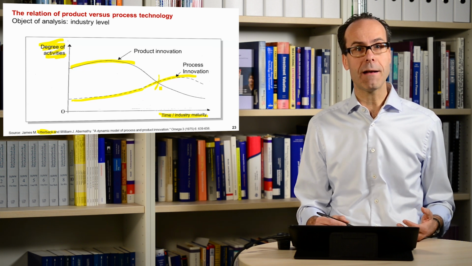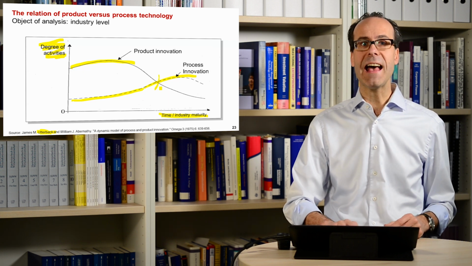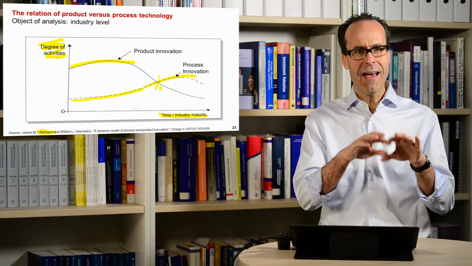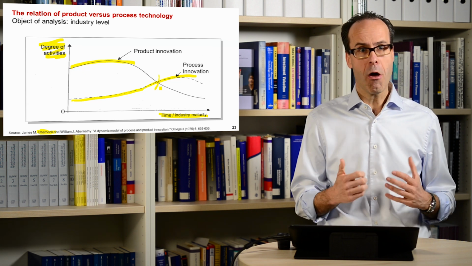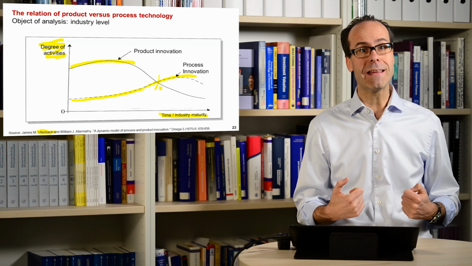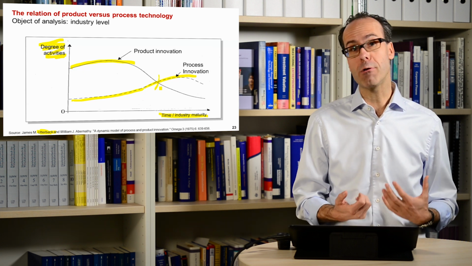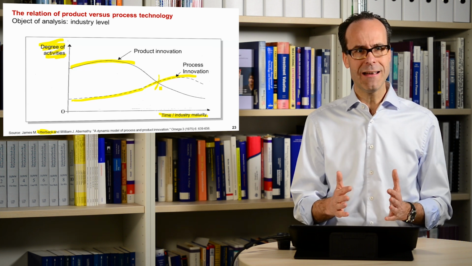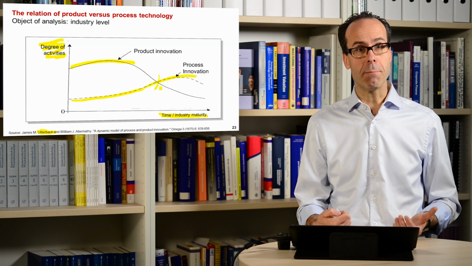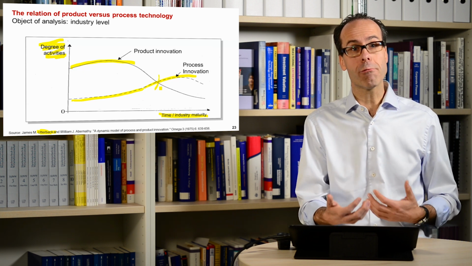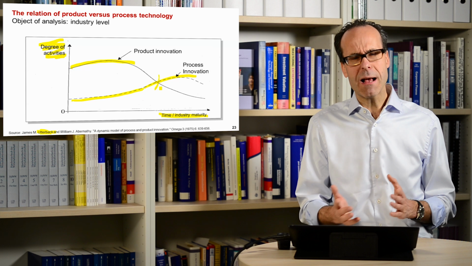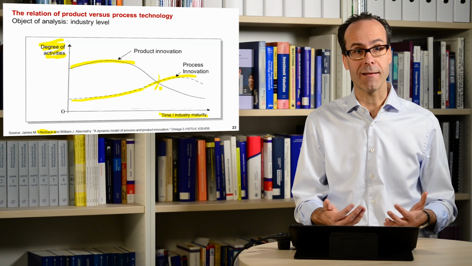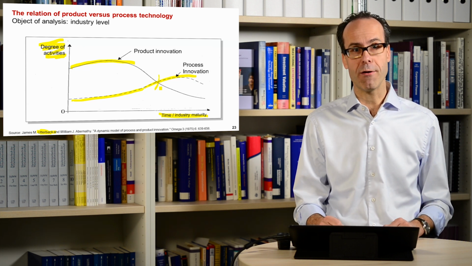Well, one core reason is that we need something we call a dominant design. Only if we really know how the product gestalt is, how it looks like, how the characteristic, its architecture is, only if this is fixed, we really can engage in inventing and improving the production processes. Another reason is that with growing maturity, the product comes into price competition. And if it's really cost and price that we have to optimize, it's sometimes the product, but mainly the processes, how we produce and sell these products, which become the object of innovation.